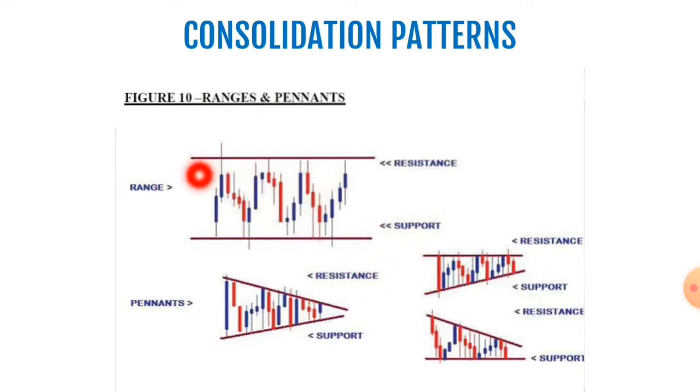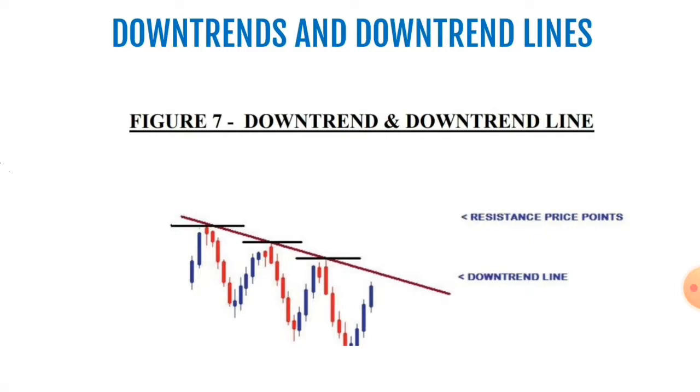The market can either move sideways and allow us to draw horizontal boundaries of resistance and support, which is also known as a range setup, or it can do so by forming one of these 3 types of pennants, where the resistance and support boundaries are formed at different angles to each other. So that is what I'm going to be talking about now in terms of what can take place